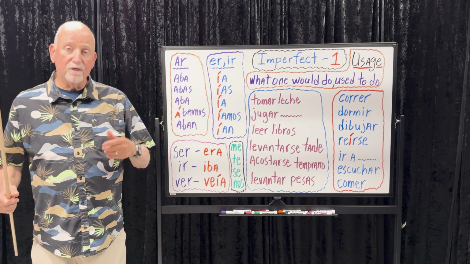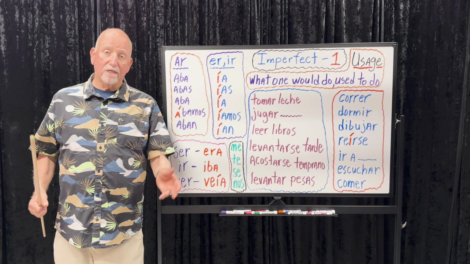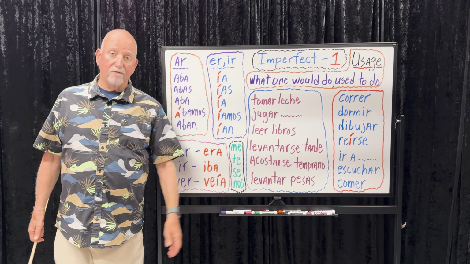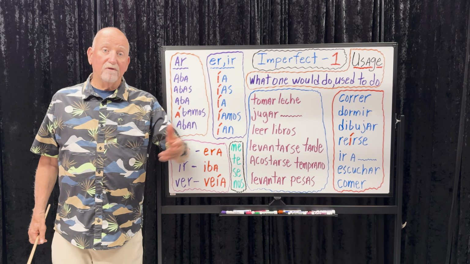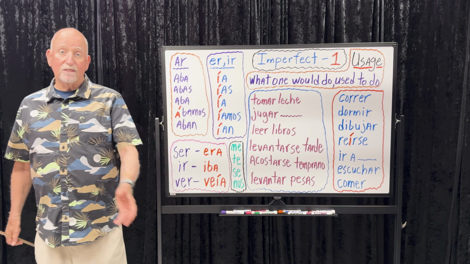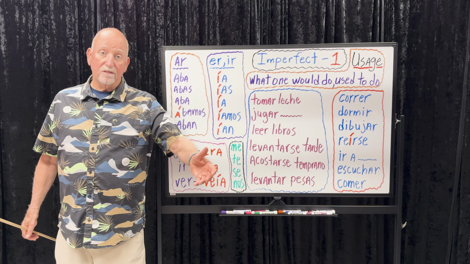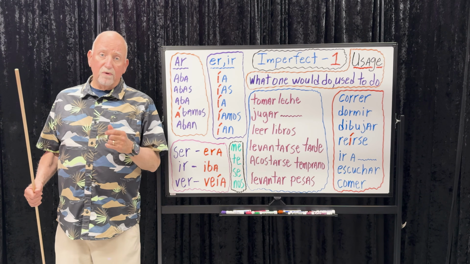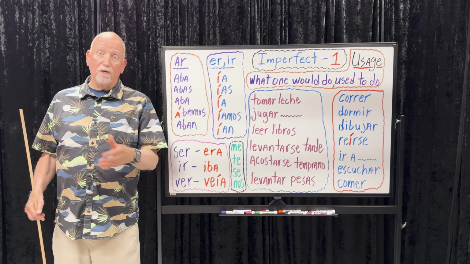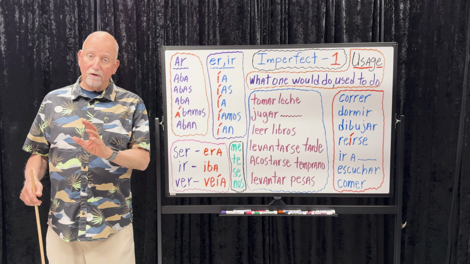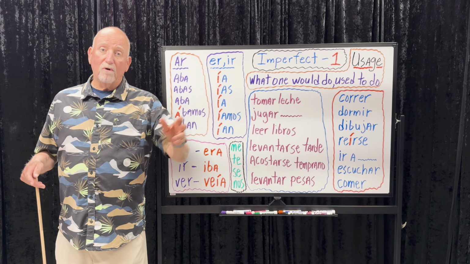When you say what you would do, we're talking about what you would do as a kid, what you would do when you were in high school, what you would do when you had free time, what you would do when you lived in the mountains in a snowy climate, right? What would you do when you go on vacation or visit a relative in a desert, arid situation, okay? This is not what you would do if you won the lottery. That's a conditional. That's verb tense number 7. We're not there yet.